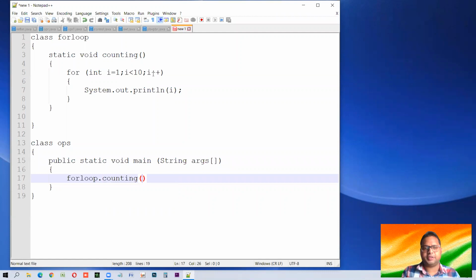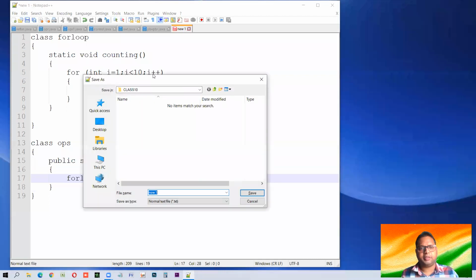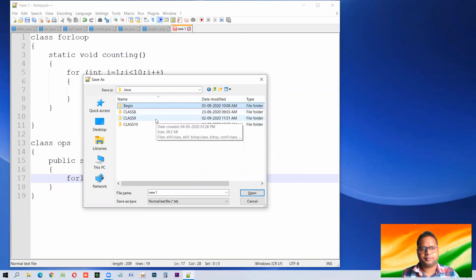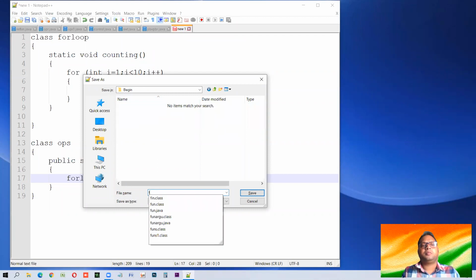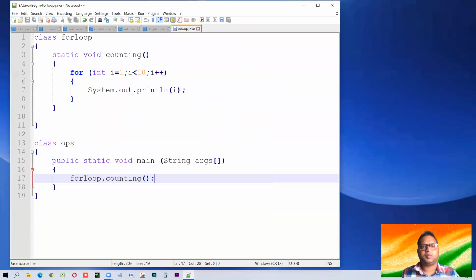This is the name of the function that we have made. These things we have already seen in our previous videos. So that's it. Let us save it as For loop.java.